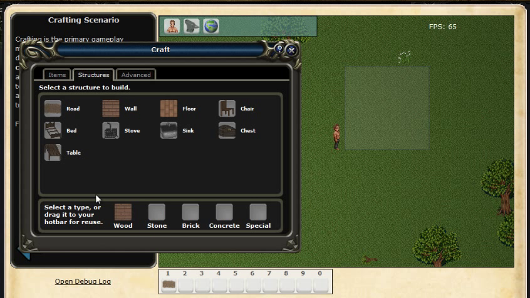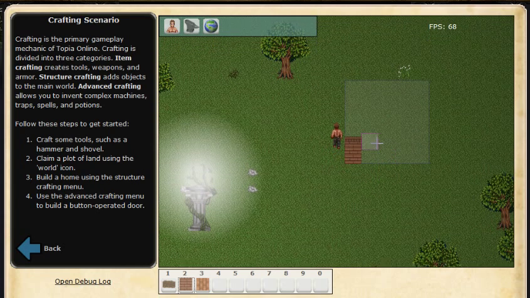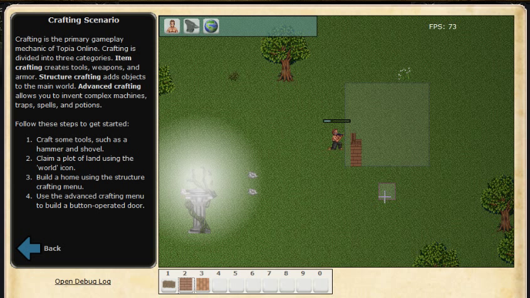So I can drag each of these down into my hotbar so that I can easily access them while I'm crafting. And so the hotbar makes it really easy to just store different structures that you want to use, and so I can select them from my hotbar and then select a tile in my property, and my character will attempt to build it. So I'm just going to build a couple wall segments just to demonstrate how the system